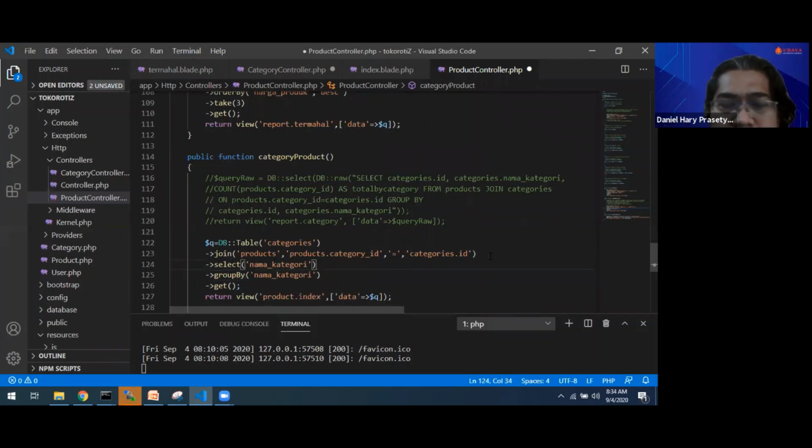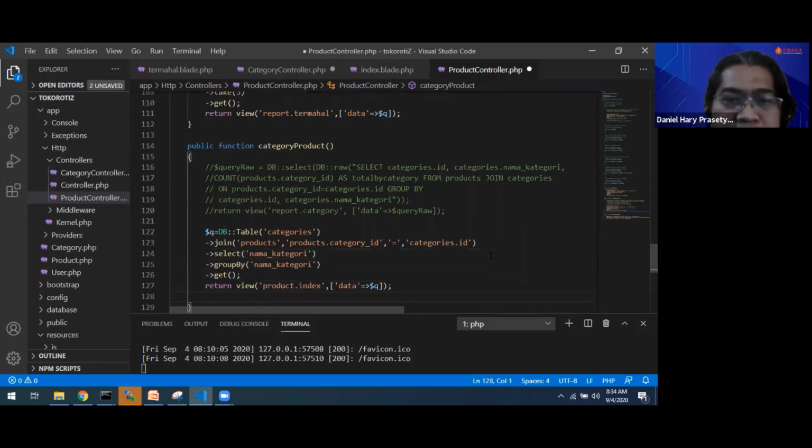So it just joins and groups by nama kategori. We will add the count after this one is running. It should be in the view of report category. Report category. This one.